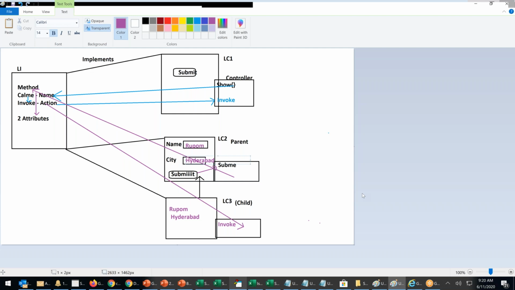How am I passing the data? Through a method, through an interface. So component 2 will pass the data to the method, but the action will be done here. That's how I'm trying to make it work.